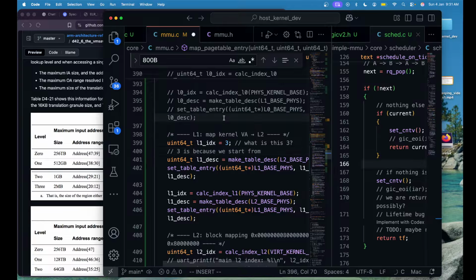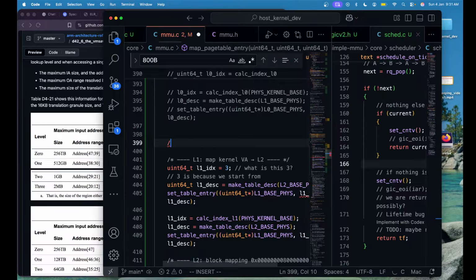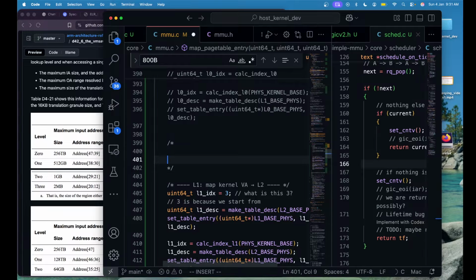We need an example. Example, let's say we access 0xFFF000 1234 1234 1123. Let's say we try to access this. What has to happen? We go through